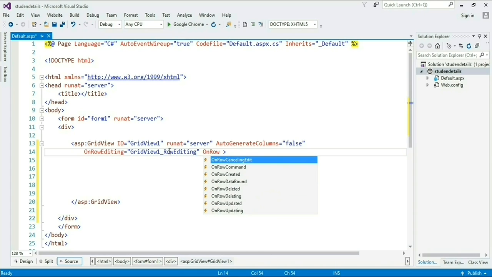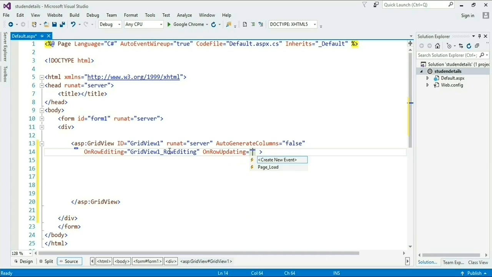Now I am taking the OnRowUpdating event, and giving its event name GridView1_RowUpdating.